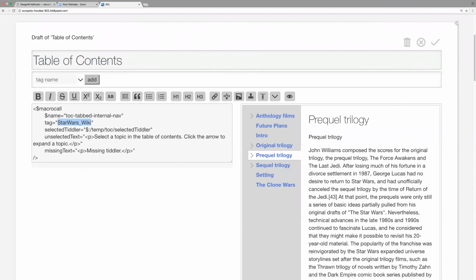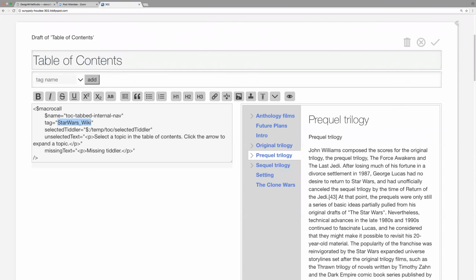Yeah. And so let's take a quick look at Andrew's code here. He's using something that you can use elsewhere, that macro call. Instead of just using the double angle brackets, TOC, he's using the macro call, and the macro is named toc-tabbed-internal-nav.